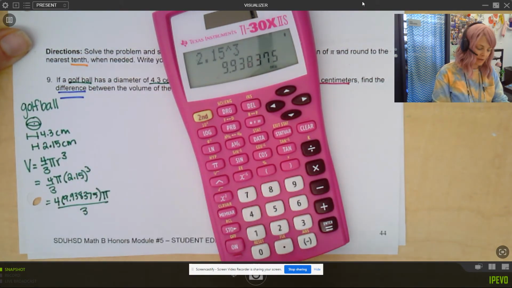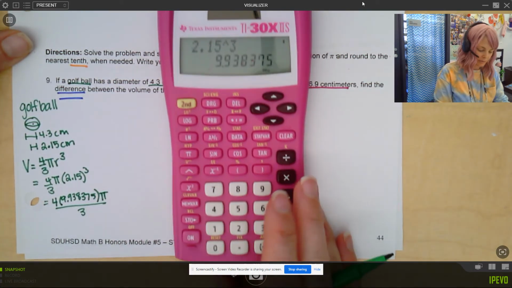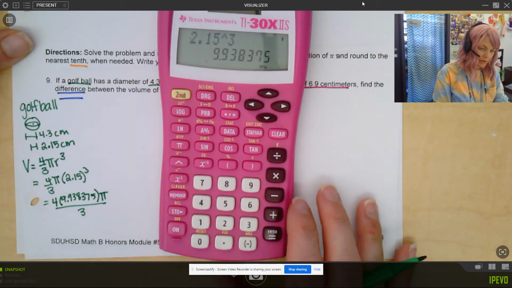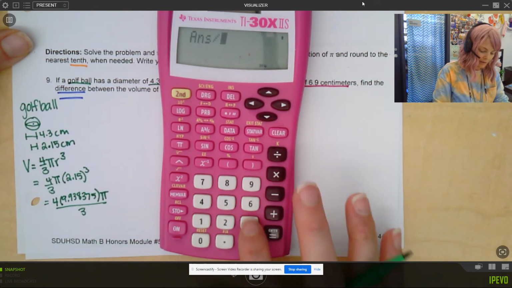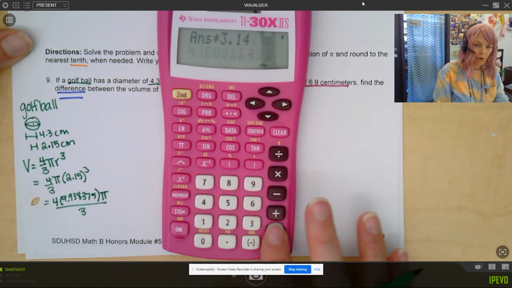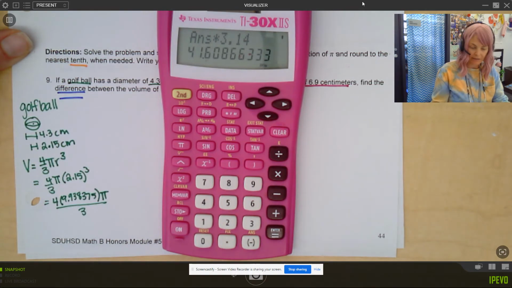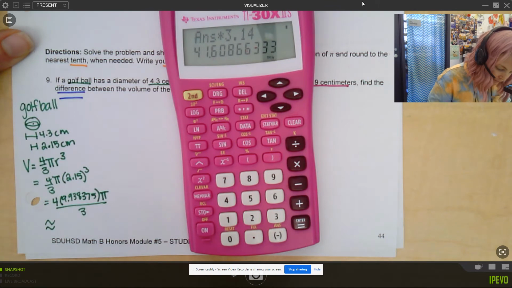Pretty much from here, you don't really need to put this big decimal on your paper. We're just using the calculator, so we just have to be really careful. Notice I don't want to clear this button, so I'm just going to multiply that by 4, divide that by 3, and multiply that by 3.14. Always be checking to make sure you're not making a mistake, pressing the wrong button. So this is approximately,